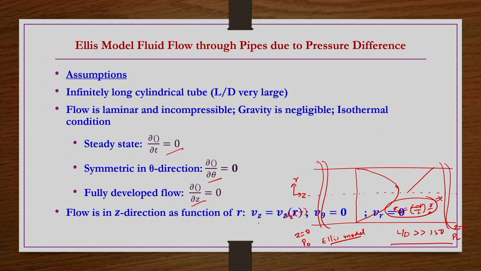In addition, we have only the Vz component of velocity, and that Vz component varies in the radial direction, the r direction. V theta and Vr may also have some values, but magnitude wise they are very small compared to Vz, especially in the radial direction. Compared to Vz, V theta and Vr are negligible, that is the basic bottom line. These are the same as the previous class.